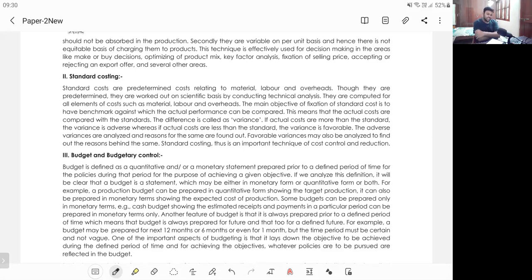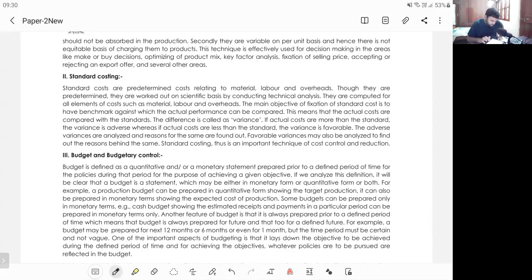These are nothing but techniques of costing, my dear friends, which I don't expect you'll be asked in the examination. It is just there, so I've explained it to you. However, these are special chapters. You have 10 to 15 marks weightage for each chapter. And let me tell you, cost accountants in the real world are hired for standard costing and budgetary techniques only. There's a very big firm in Hyderabad, whose name I don't want to take. It's a very big costing firm where they charge around 25 lakhs to 30 lakhs for one cost audit. When I worked there, their emphasis was mostly on standard costing and marginal costing only.